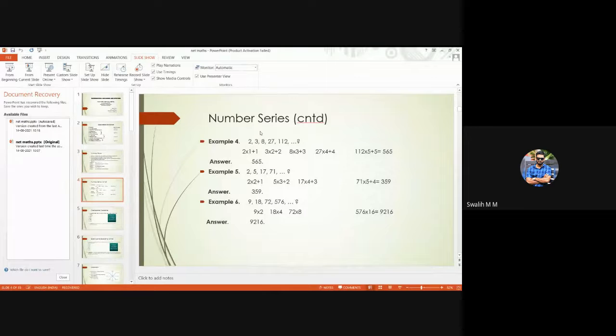Next, we get to a little more complicated number series. See, 2, 3, 8, 27, 112. We first, as usual, check the difference: 1, then 5, then 19, and it goes like that. So when we see this difference, we might not find any